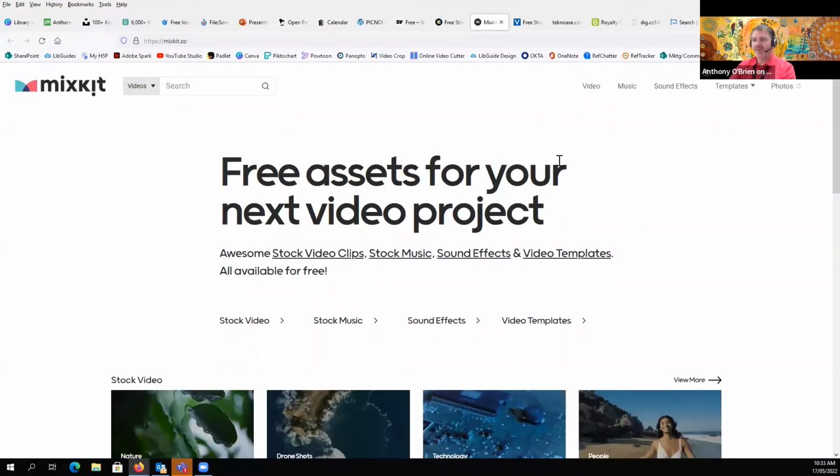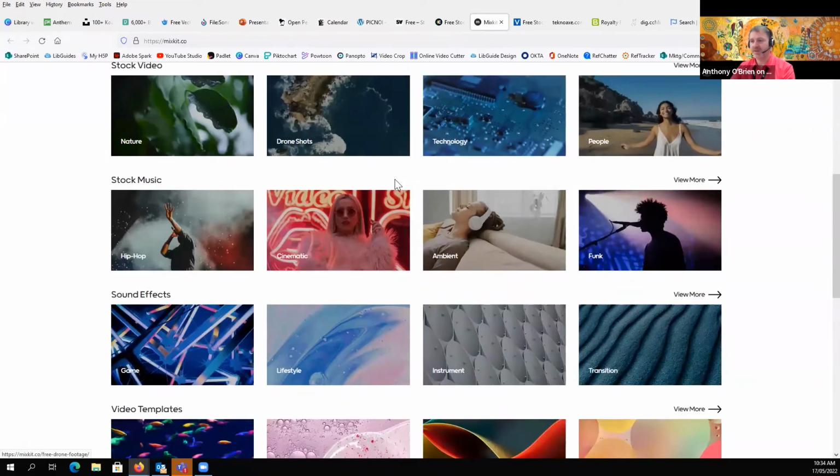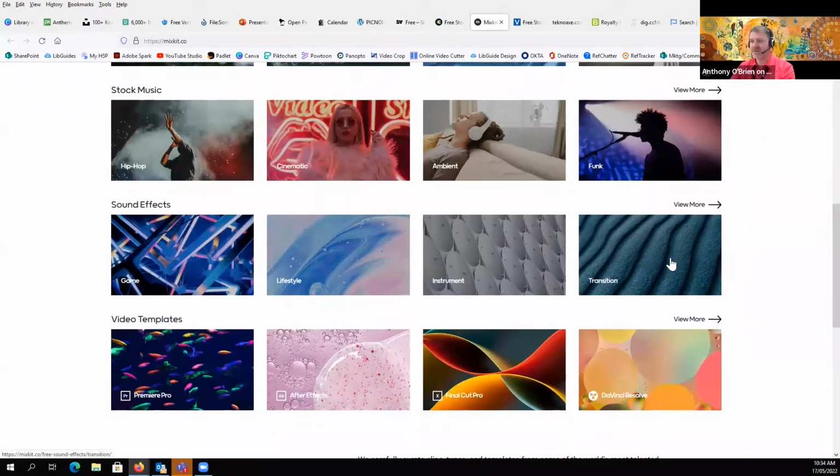Moving on, we have Mixkit. So this one again has different things. This one does include some music and some sound effects as well. It also has some templates for some of the different programs. So again, if you're heavily into using those programs, check out those types of things on site. Some of the free sites also have a lot of things like overhead drone shots. So that might be what you would like to use. And again, they've kind of tagged some ones there. So if you just want something that's a little bit different,